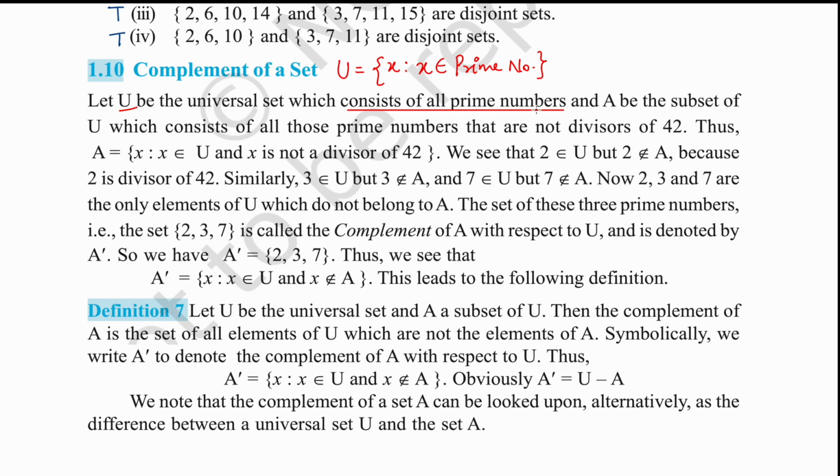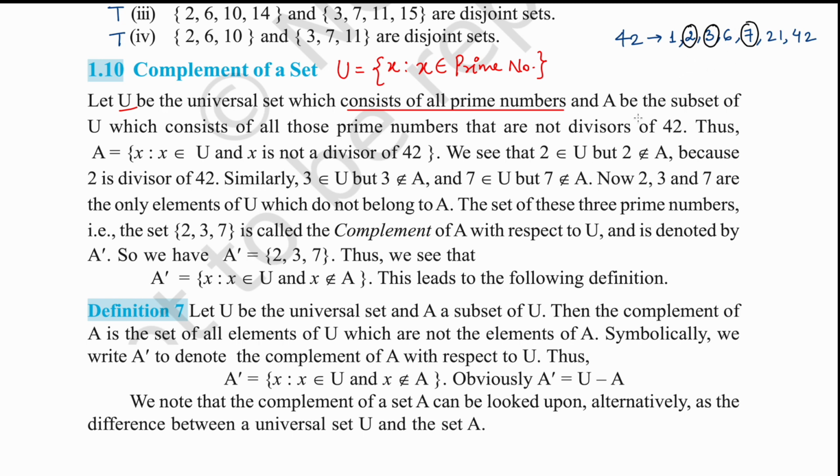Now A be the subset of U, which consists of all those prime numbers that are not the divisors of 42. So let's try and figure out what exactly are the divisors of 42. If I try to find the divisors of 42, it will be 1, 2, 3, 6, 7, 21, and 42. So these are the divisors, out of which, if you see, you have 2, 3, and 7 as its prime